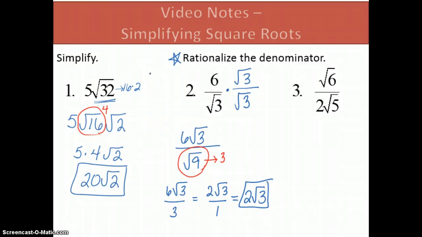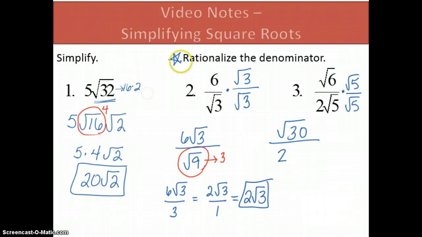Number 3, same concept, but the algebra is going to be a little bit different, so I'm going to go ahead and do that one also. Get rid of the square root 5. We're going to do the exact same thing we did on number 2, and we're going to multiply by root 5 over root 5. Okay, that's going to be that same process anytime there's a single square root on the bottom. Multiply across the top, we get square root 30